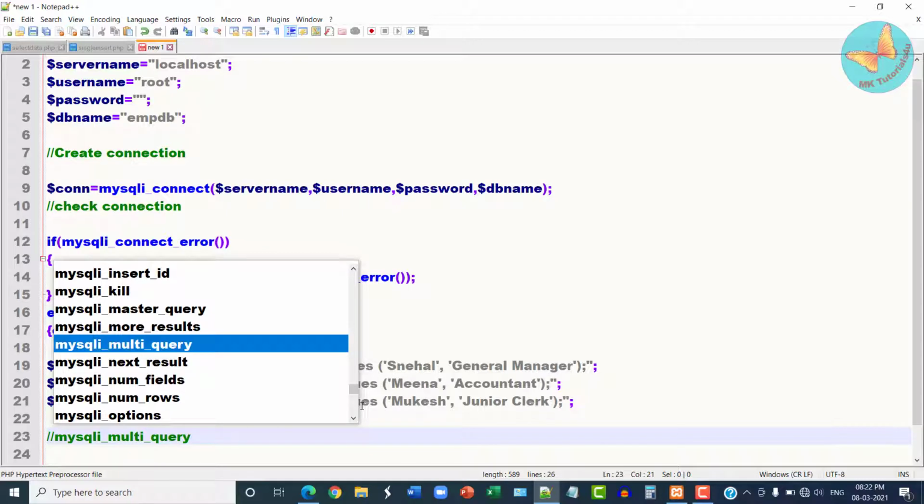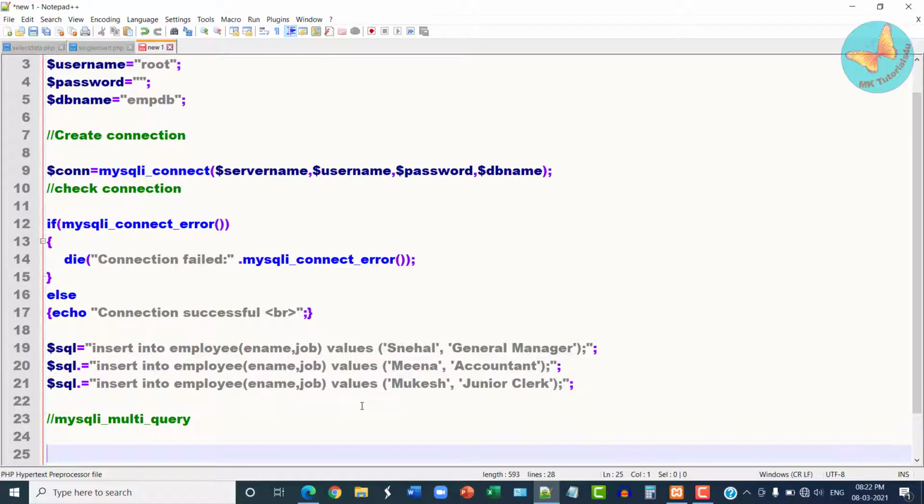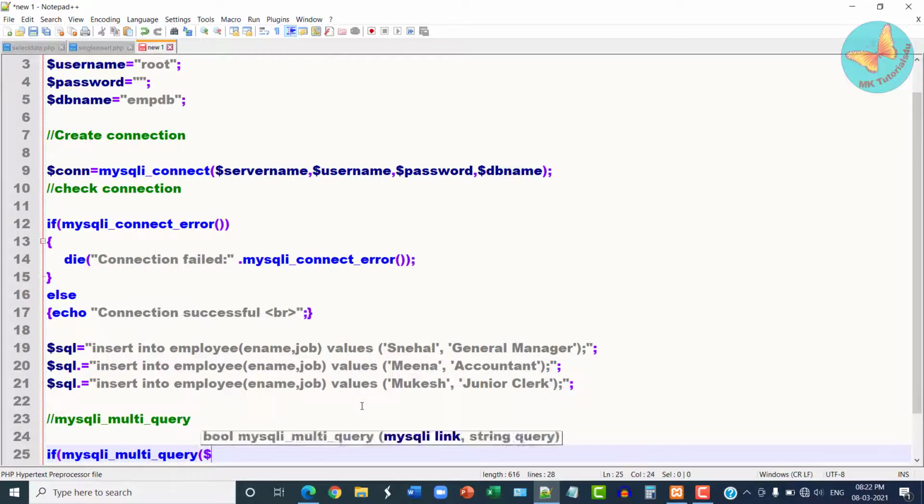This takes our usual two parameters, connection and SQL statement. Again I'm going to use an if statement to check whether my mysqli multi-query function, after passing the parameters connection and SQL variable, is equal to true.